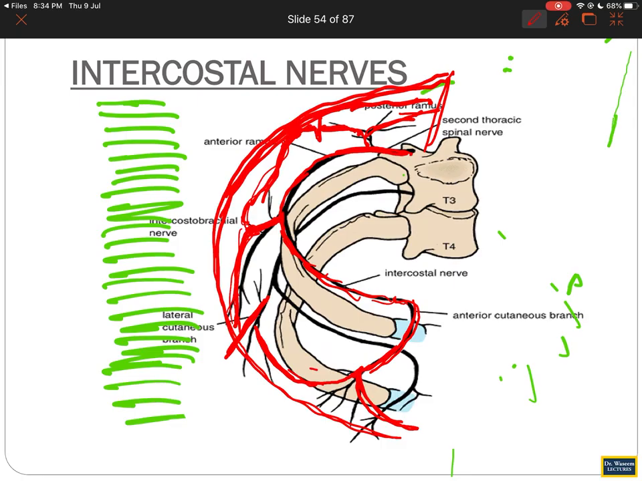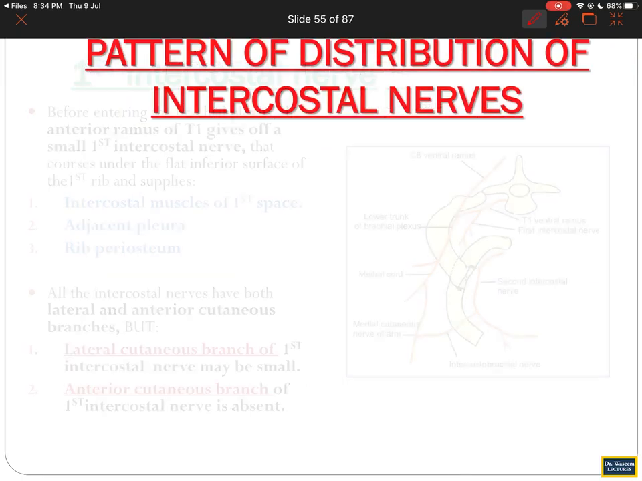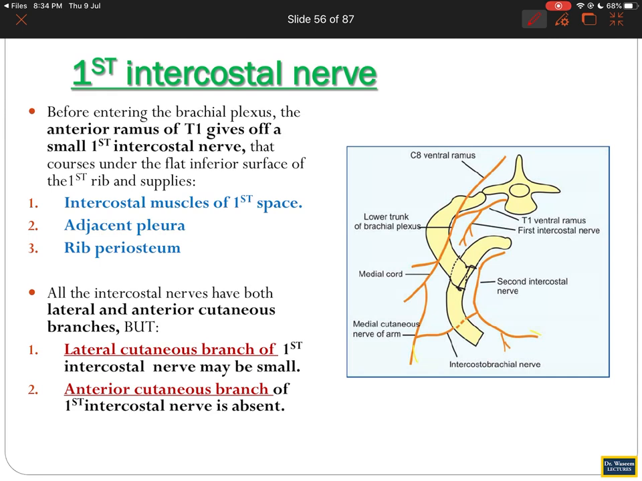So the pattern of distribution you have already seen, and for the different nerves the pattern is a little different. You see that not all the nerves are typical nerves. If you look at your first intercostal nerve, there is no costal groove as such in the first rib, because the first rib is different from the others. It will give its posterior ramus, and because intercostal space number 1 is very small, not very long, a short space here,